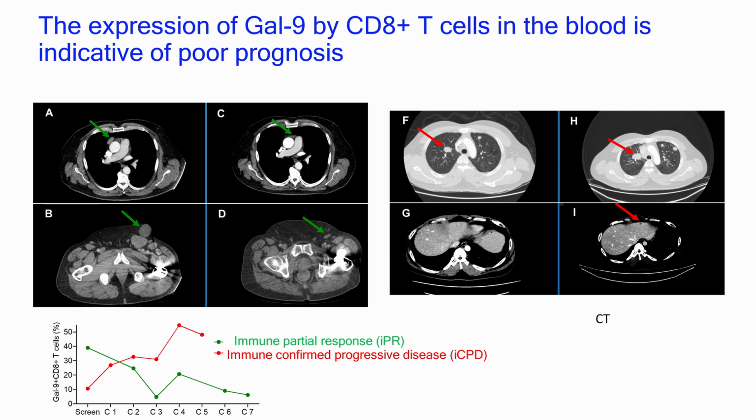And this patient had moderate galectin-9 when we started treatment, but then it went really up. And this is the case. You can see that the tumor is here, and then we can see the tumor is increasing, and we even have metastasis in the liver. So it shows how important GAL can be.